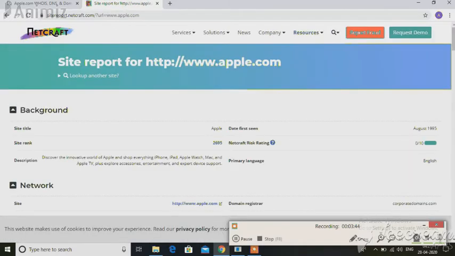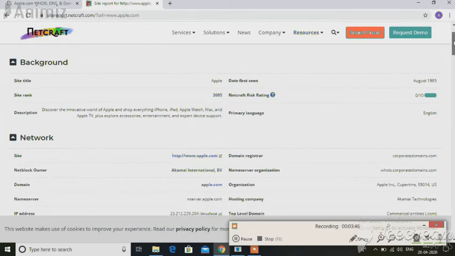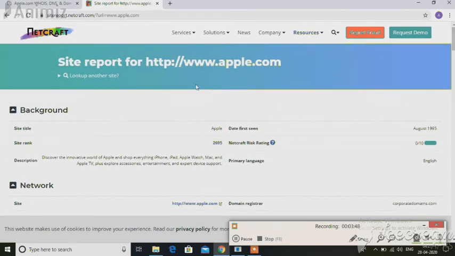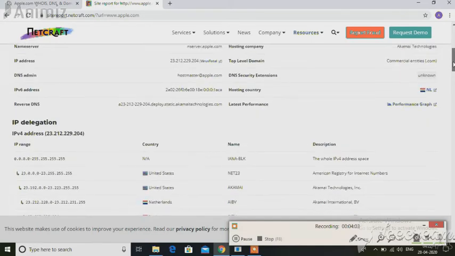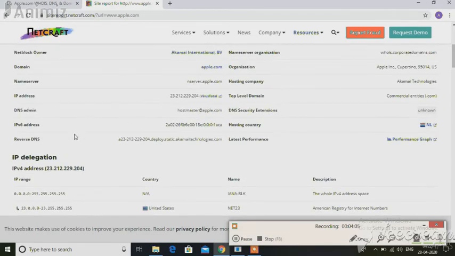It will generate a report about apple.com: the title, the date first seen, the NetBlock owner, who the owner is, the name server, the organization, and it will also show the IPv6 address, which is very important when gaining information.